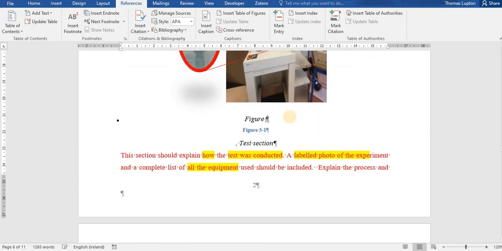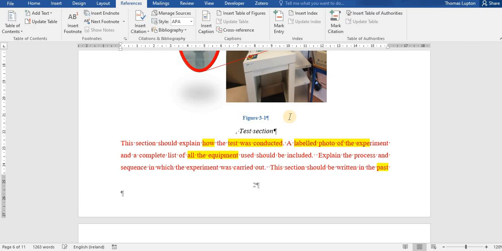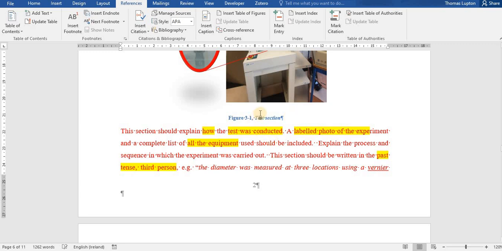So we'll get rid of this figure 1 now, and we have one that's automatically generated. The only problem with it is it's blue, so I'm going to manually change that to be black. So we'll change it to be black, and we won't make it bold, and we'll make it italic. So that's the figure